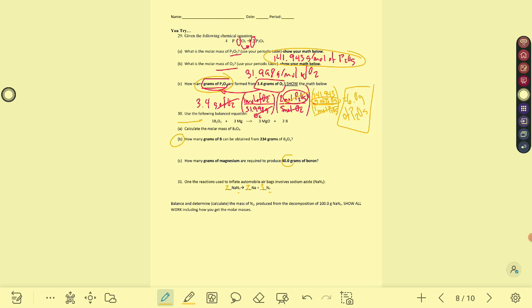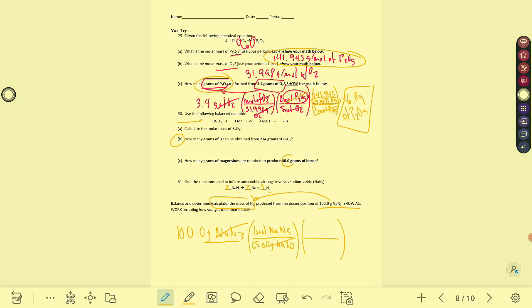All right, calculate the mass of N2 produced by the decomposition of 100 grams of this. So we want to get from 100.0 grams of NaN3 to the mass of N2, or nitrogen gas. So I need to get it out of mass first, and in 1 mole of NaN3, my molar mass for that substance would have been about 65.011 grams, I think. Double check me on that. All right, grams of that cross off. Now I have to go for moles of the sodium azide,